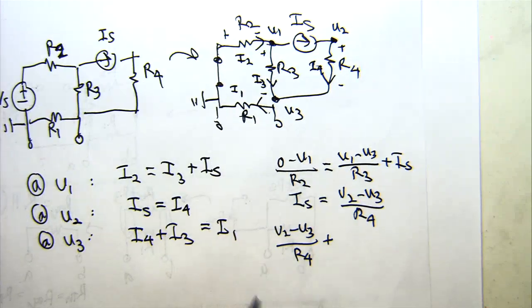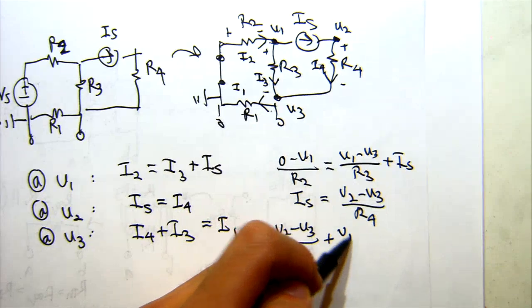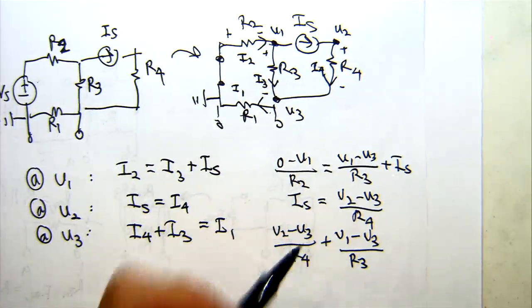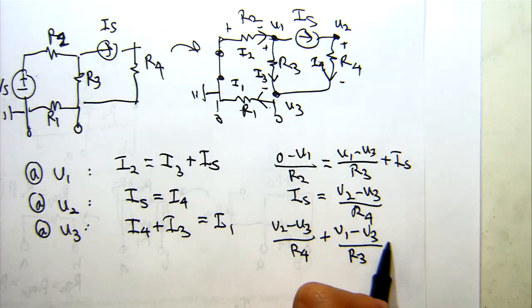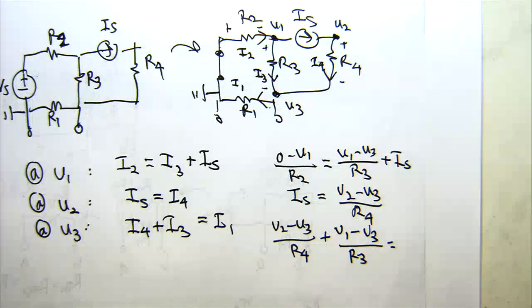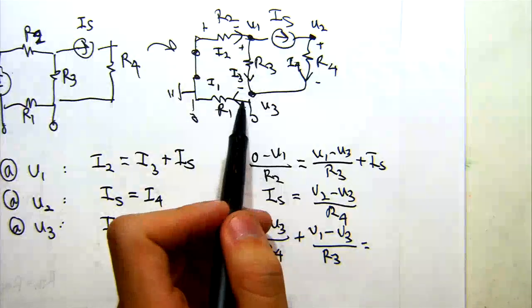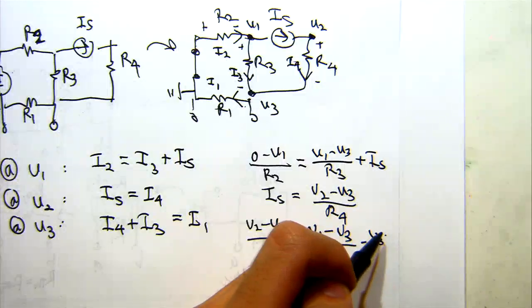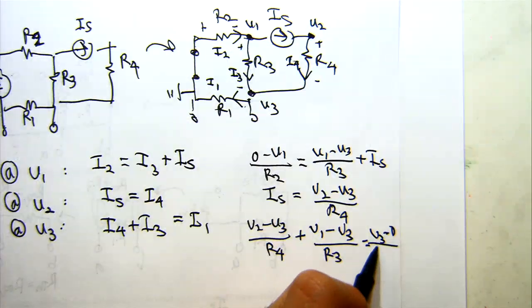And then we can add the current going in as well through R3, which starts at U1 and then goes to U3. Divide by R3 to get the current. And then we know that this is going to be equal to I1. Looks like I've not left myself enough space here, but let's see if I can fit that in. It starts at U3 for the current through R1, and then it goes to my ground node. So I can say minus 0, and then I'm going to divide that by R1.